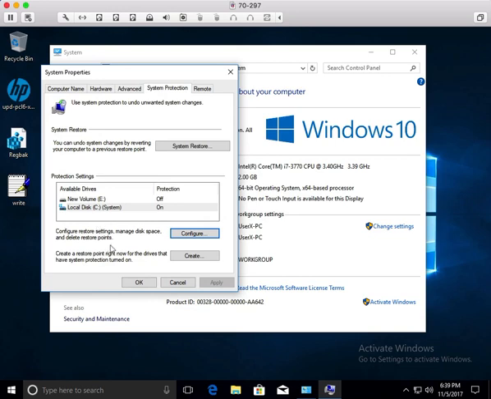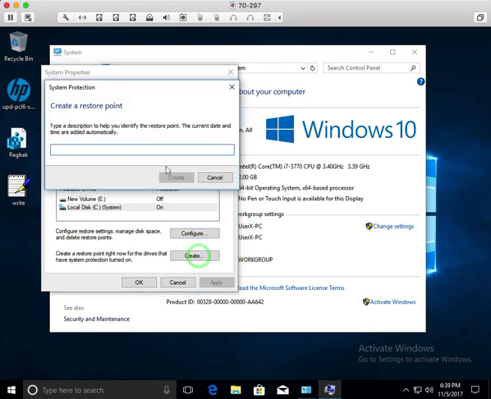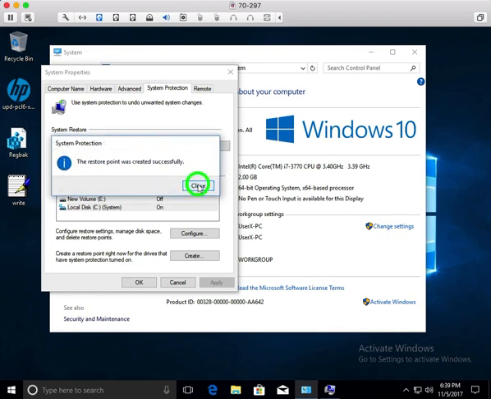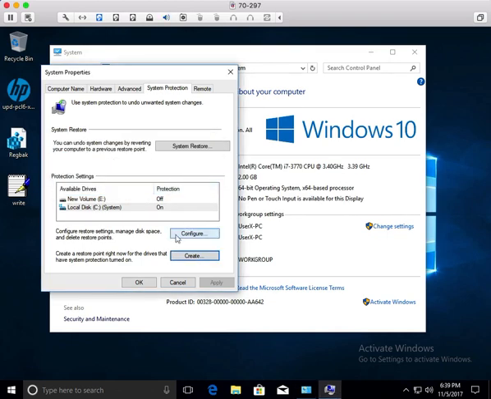So if I wanted to create a system restore point myself, I could just go down here, click create, and then name my restore point. There we go. Create a system restore point, and it is going to take a snapshot. That's what it's doing right now. It's taking a snapshot of my entire system as it is right now. From this point forward, created successfully. From this point forward, if I ever need to revert back to the system as it is right now, I can